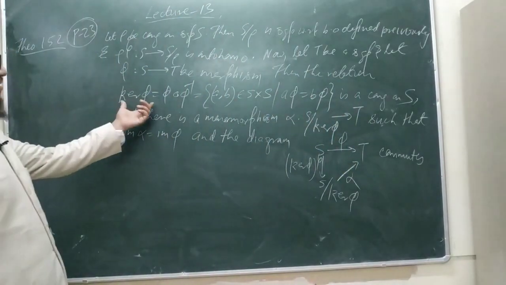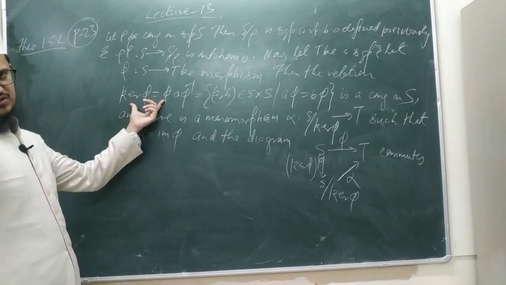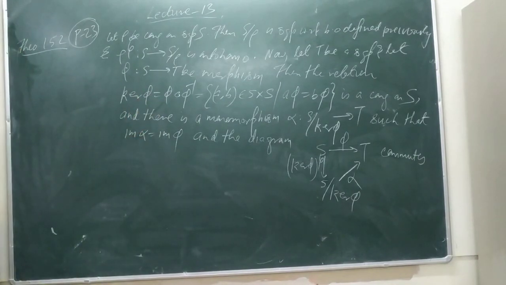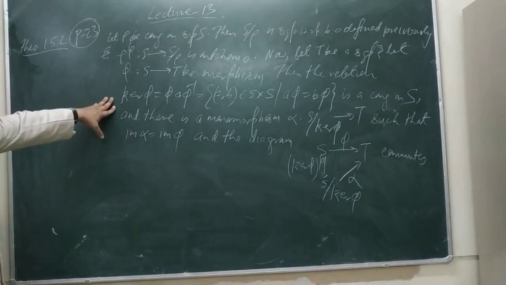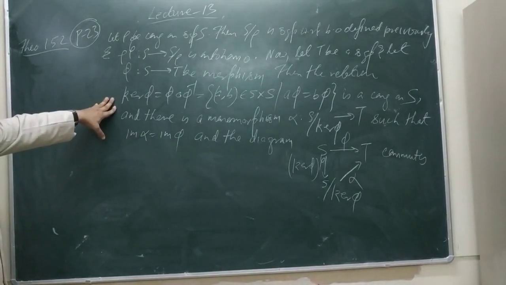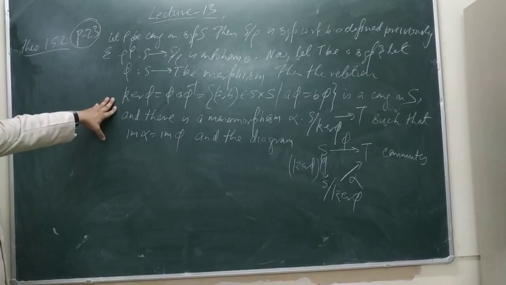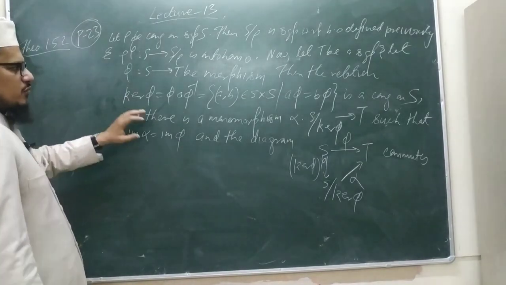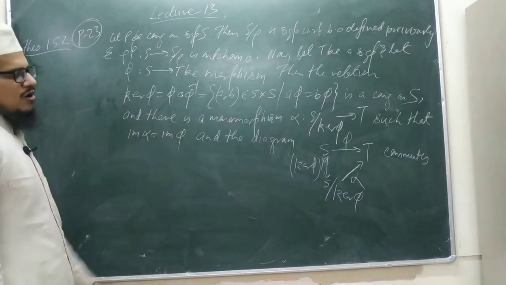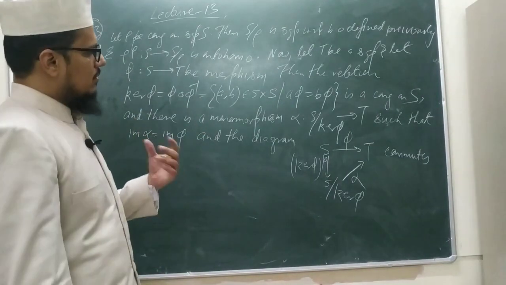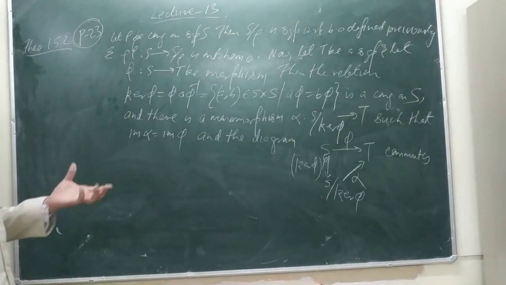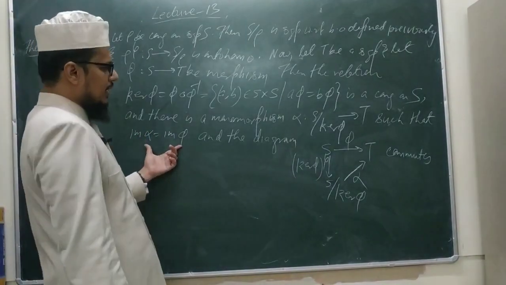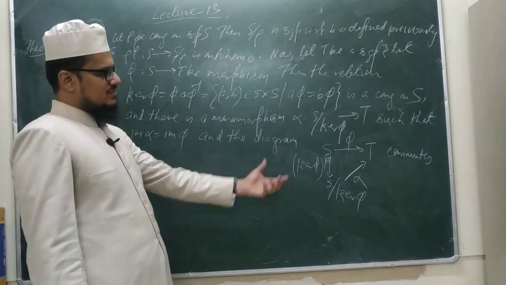See, this relation we have already proved to be an equivalence. We just have to prove that it is compatible, correct? So we have to prove that kernel phi is a congruence. We have already proved kernel phi is an equivalence relation in the last lecture, so we have to prove it is compatible, and we have to prove that there exists a monomorphism. Monomorphism means one-one and homomorphism. And we have to prove image alpha is equal to image phi, and that this diagram